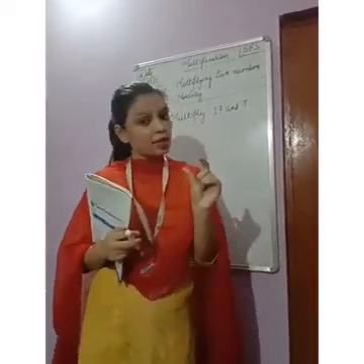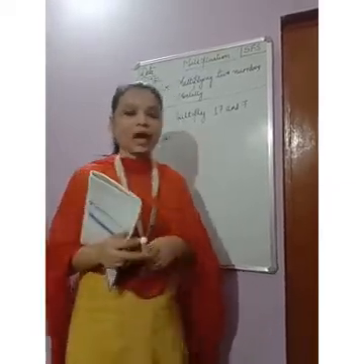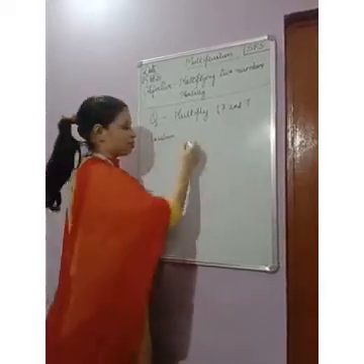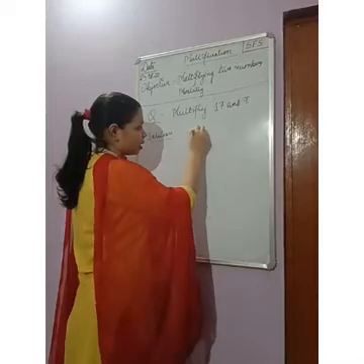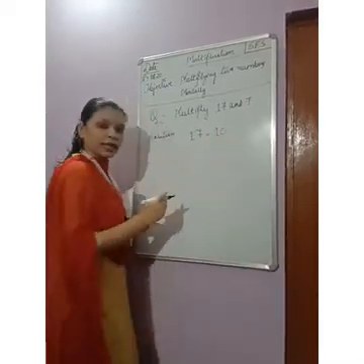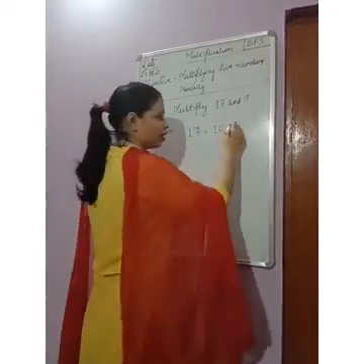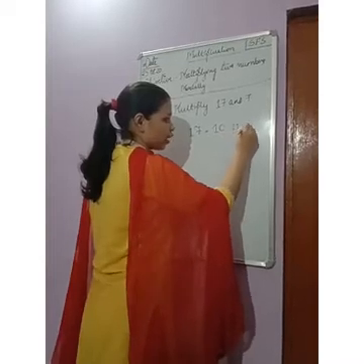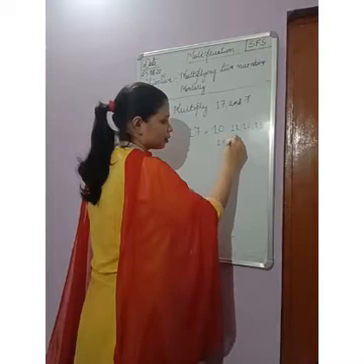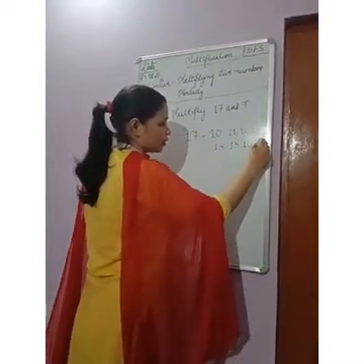Alright. The 7 also we can break it, isn't it? 5 and 2. Let's see how we can do that. First number I am taking here is the bigger number as usual, that is 17. Okay. Now 17 I will break it into 10. Now to reach 17, what we are doing? 11, 12, 13, 14, 15, 16 and 17.